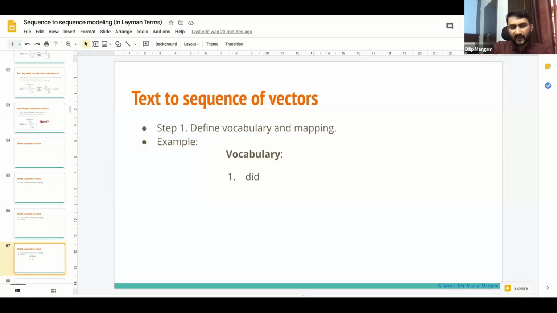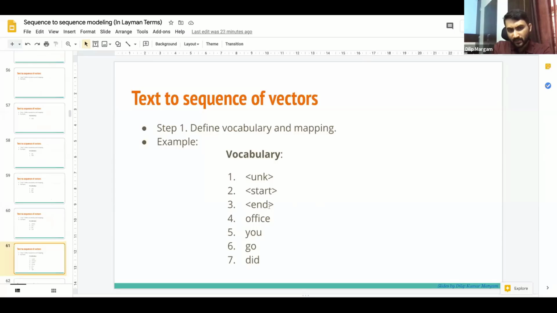The first word I'm defining is did, then go, view, office, and three other common tokens. The end token indicates the end of the sentence. The start token indicates the start of the sentence, and UNK is the unknown token. So whenever you see a word which is not present in the vocabulary, you map it to unknown. So once you have a vocabulary, you define a mapping.